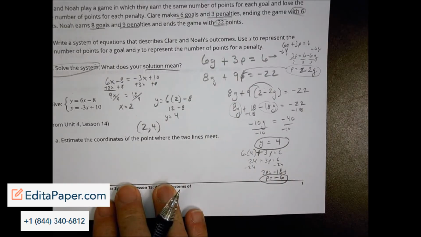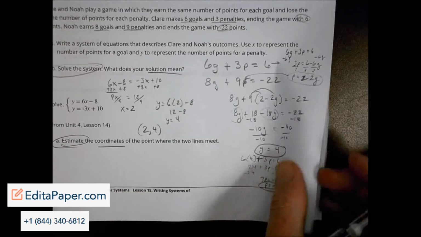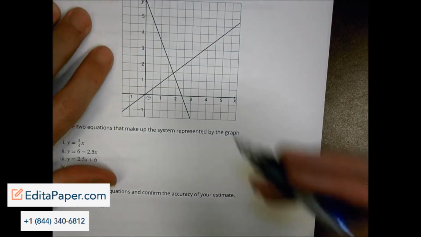Number 5, estimate the coordinates of the point where the two lines meet. Alright, let's take a look here. So let's estimate this out. Here's our little graph, and we can see that it's meeting somewhere